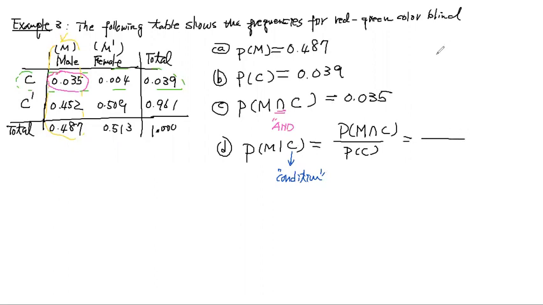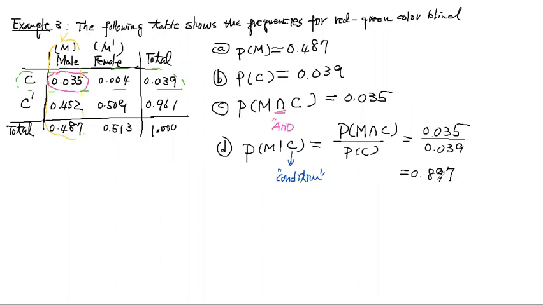So the probability of C, colorblind, we just did that. It's 0.039. The colorblind and male is 0.035. If you do that, this is 0.897. How do you interpret this one? That means the male is the majority of the colorblind. So if you find a person is colorblind, then there's almost a 90% chance this person will be